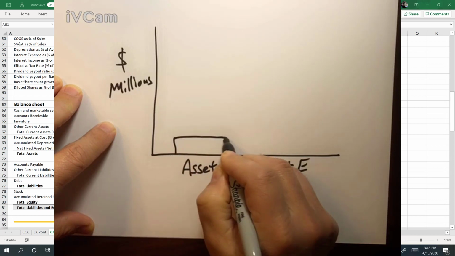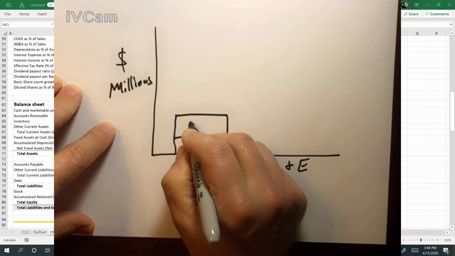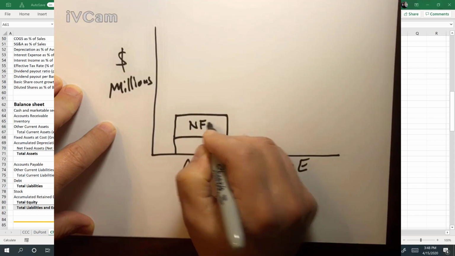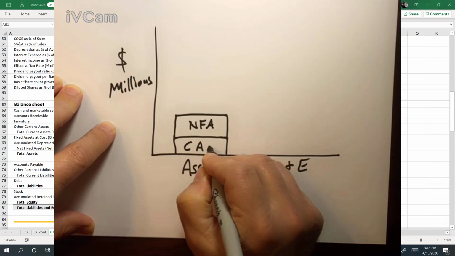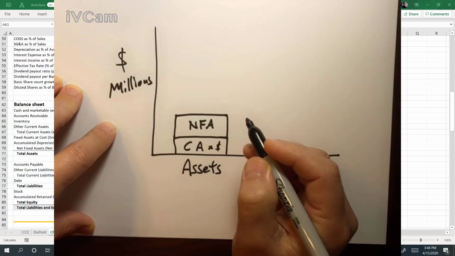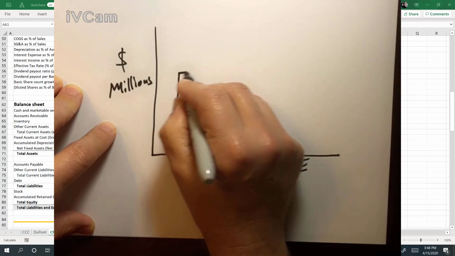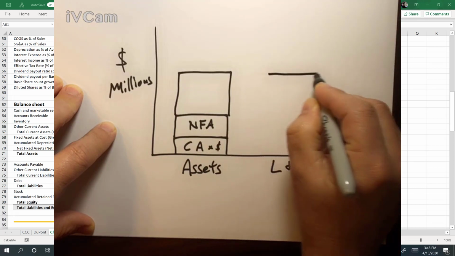to our various little assets, like probably have some net fixed assets, net PP&E, probably have some current assets excluding cash, and most importantly we have cash. And then on the other side, hopefully we balance,